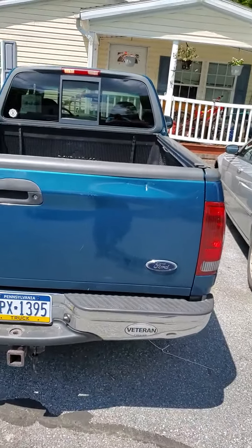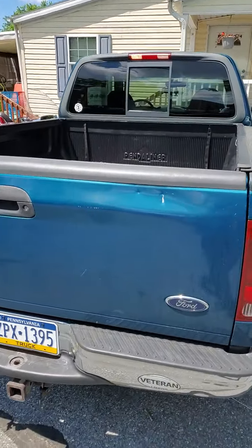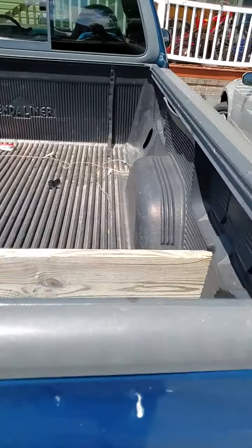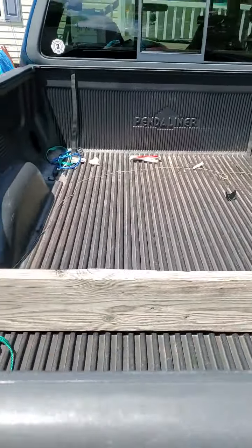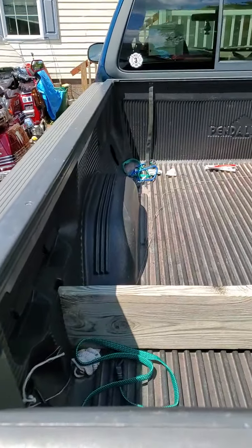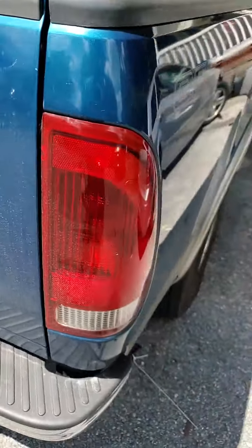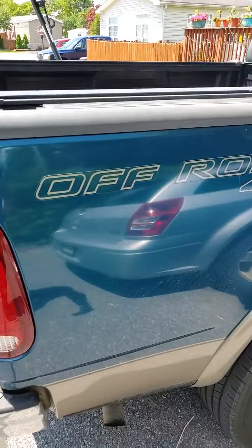What I paid for it, I'm quite pleased. And I'm not really a Ford fan, but I've been driving this for 4 days and I'm actually quite pleased with it. It's got a nice bed, so it's all lined out. A few little dents, that sort of thing in it. Well, can't expect perfect. It's an off-road 4x4,